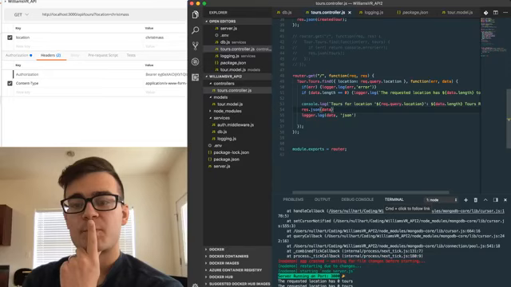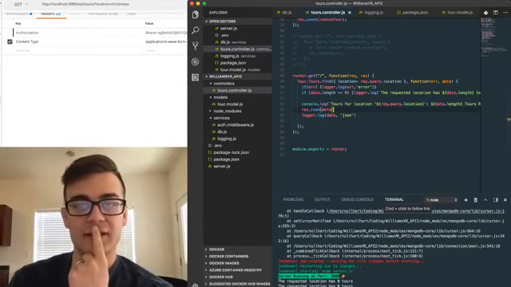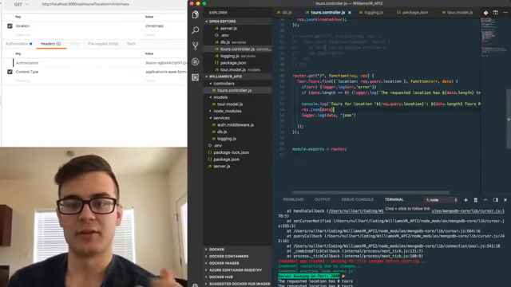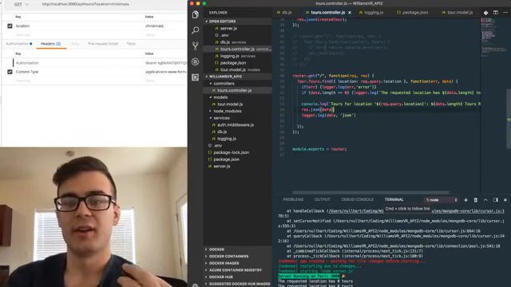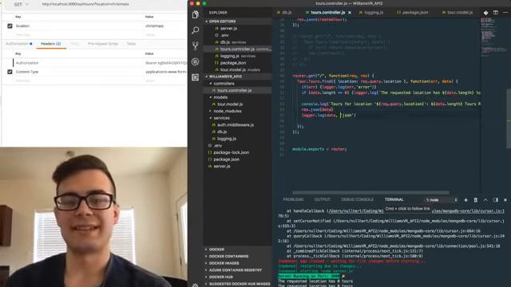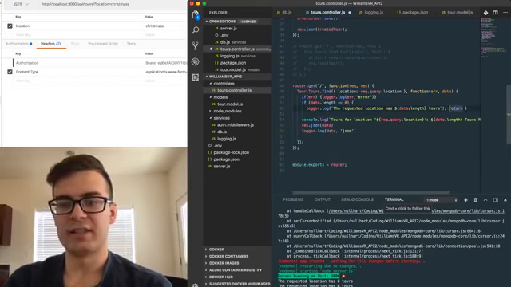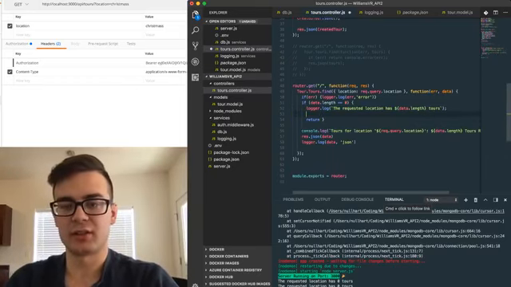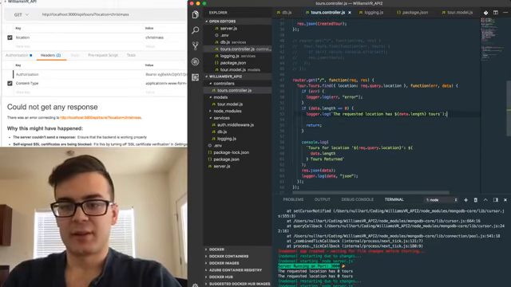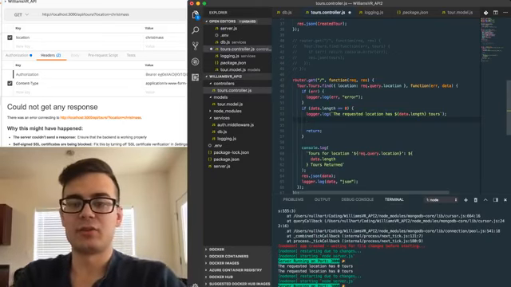The reason why this Postman is just sitting there saying loading is because I literally just jumped out of the code, the rest of the code block that is responsible for sending the response to the client. So what I need to do in this handler, I need to go here. Let me refactor a little bit, format, save that. What I need to do is if data.length equals 0, I need to respond,